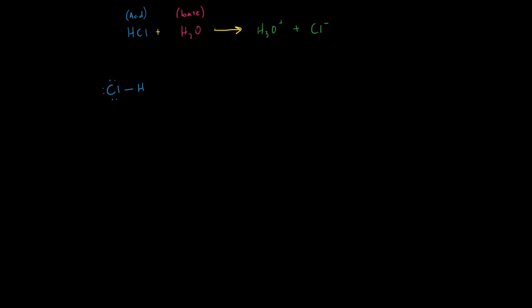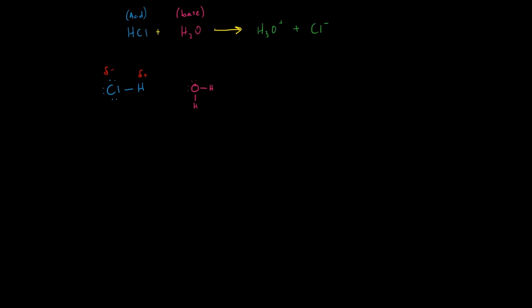And then if we draw the water, which is an oxygen with hydrogen, another hydrogen, and 2 lone pairs of electrons. So here water can act like a base because it has lone pairs of electrons that it can use to make dative covalent bonds. On the other hand, HCl is an acid because it has a removable hydrogen, because the hydrogen here is partially positive and the chlorine is partially negative, meaning this is a polar bond with a hydrogen